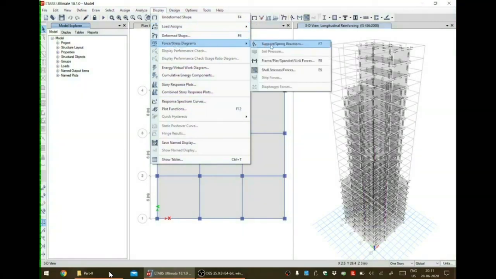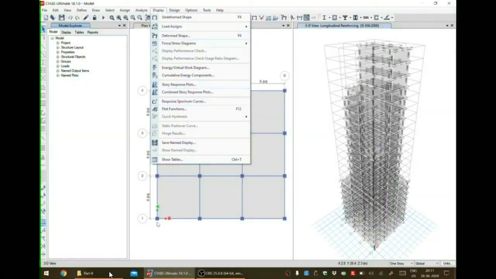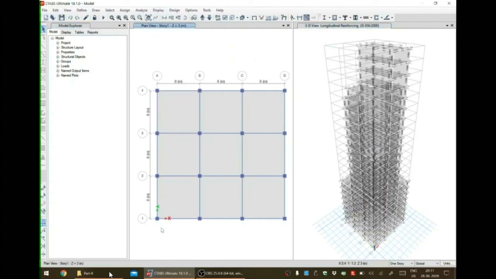So with this, we have completed the time history analysis of a tall building using ETABS software. So let us conclude with this. Thank you.